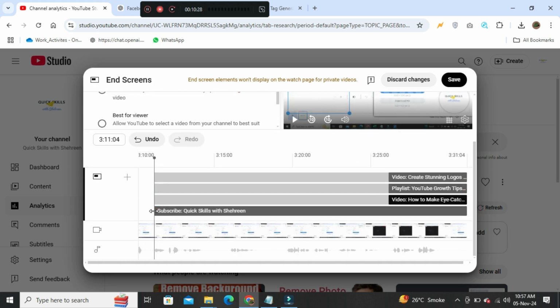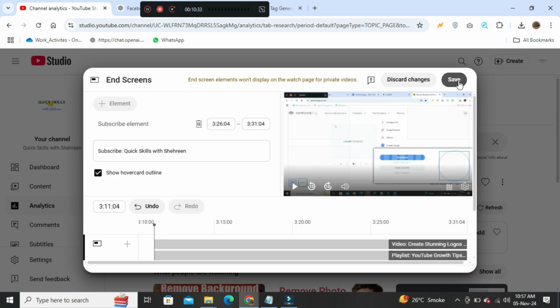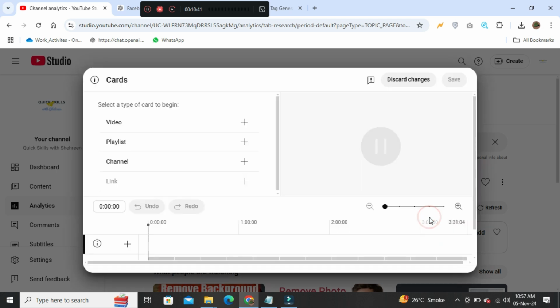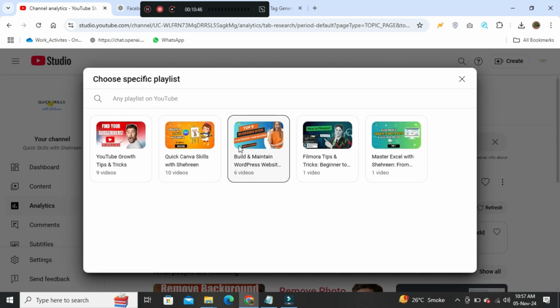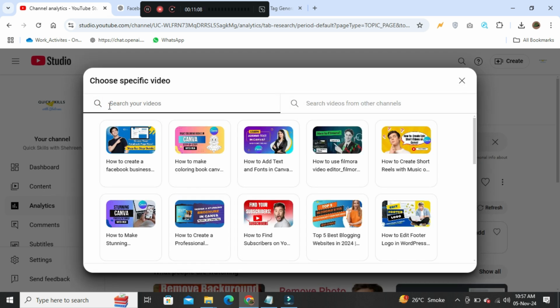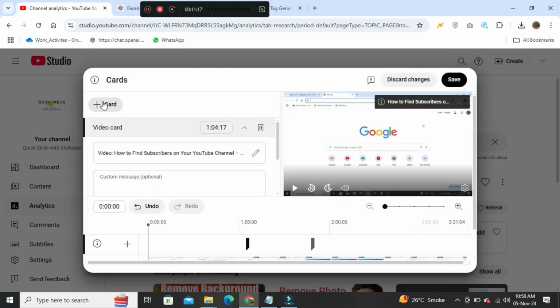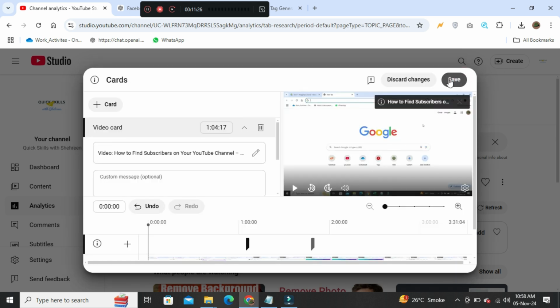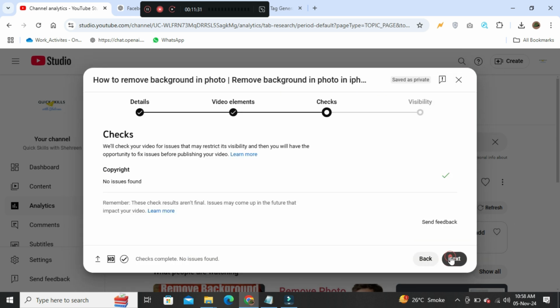Now I can adjust their time limit and click on save. After that, I can click on add cards. Various types of cards we can add there which can be shown on the right corner of our video. So I can click on the save button, click on next, and now